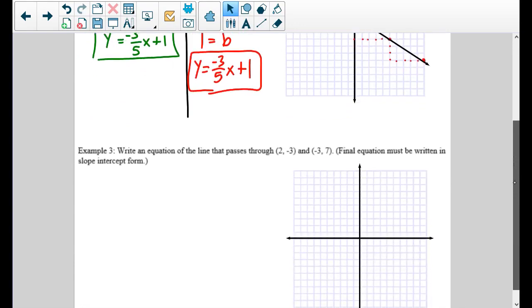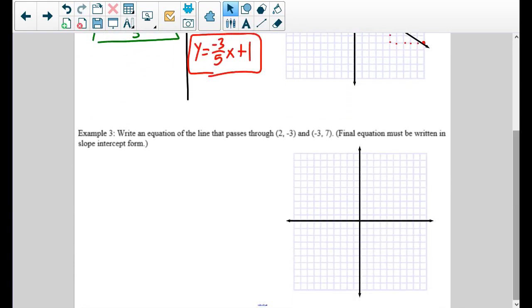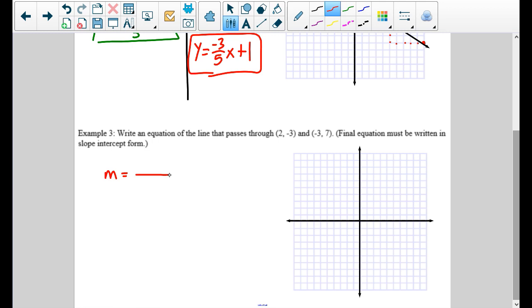Take a minute, pause the video, find the equation. I'm going to help you with the first part of it because we have to find the slope. So they give us 2 points. So we're going to find the slope together, and then you're going to find the rest of that equation using our method up above. So finding our slope. Who remembers our slope? Well, slope formula, putting in those minuses. Put in those values then. So x in the bottom, 2, -3 on top,